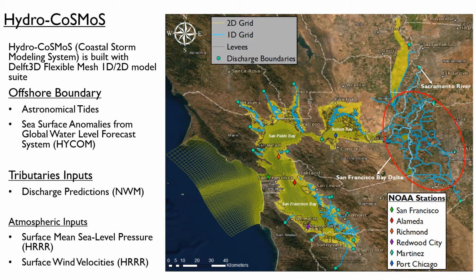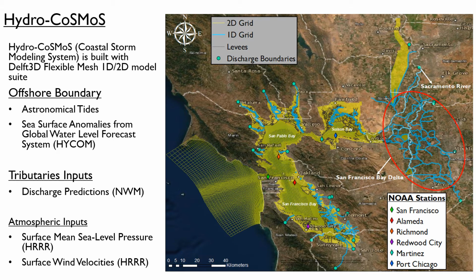This model is built with the Delft 3D Flexible Mesh model suite and uses a combination of 1D and 2D grid system to capture water levels within the San Francisco Bay Area. The 1D grid cells are mainly used to capture the river system in the San Francisco Bay Delta and also tidal channels and other small tributaries within the San Francisco Bay to improve the efficiency and the physics of the